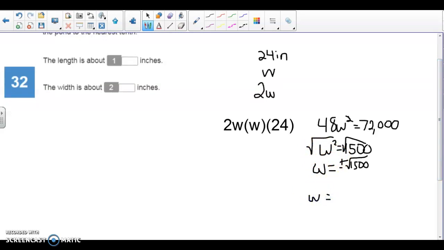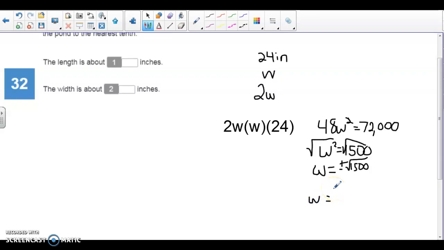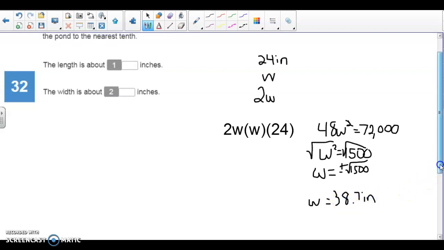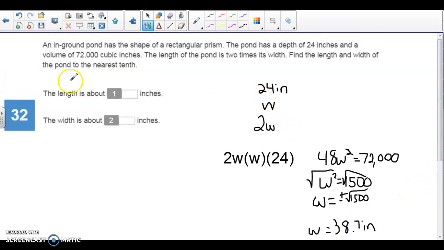So the square root of 1,500 would be 38.7 inches. I left it as 38.7 because if you go back to the question, it does say to the nearest tenth. So that would be the width. So 38.7 would go down here. And then the length would be 2 times 38.7, which would be